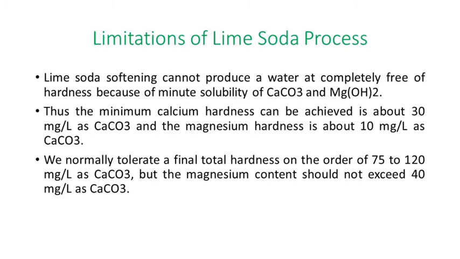And also some of the disadvantages, or limitations, of this process. The first thing is that it requires disposing of a very large quantity of sludge. The lime soda process produces a huge quantity of sludge, and how to dispose of that sludge is one of the major problems and disadvantages. It needs an accurate dosage of chemicals to get the best result, which means skilled supervision is required, because we have to use an accurate dose of the coagulant. Okay, and if recarbonation is not carried out, the pipes in the distribution system may get blocked and a thick layer of calcium carbonate is formed.